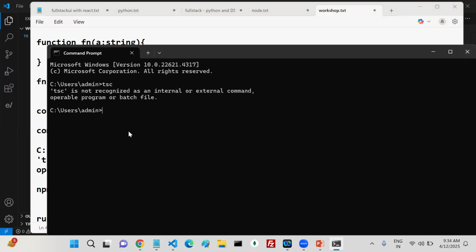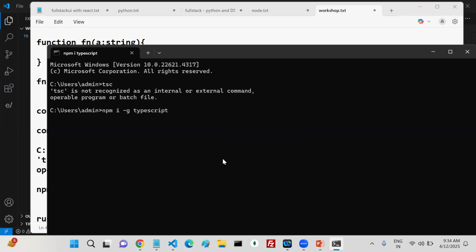Whenever you run this command, it makes TSC available on your machine. npm is the node package manager, and -g means global, system level. The package is TypeScript.